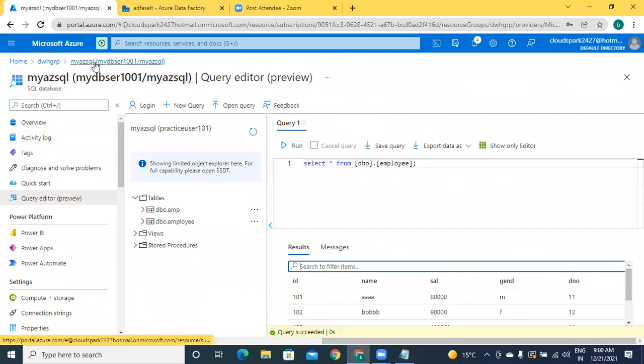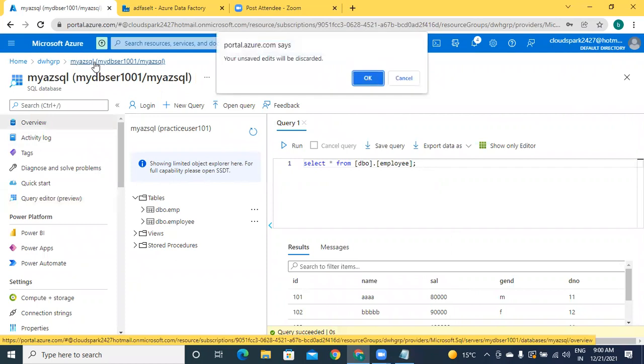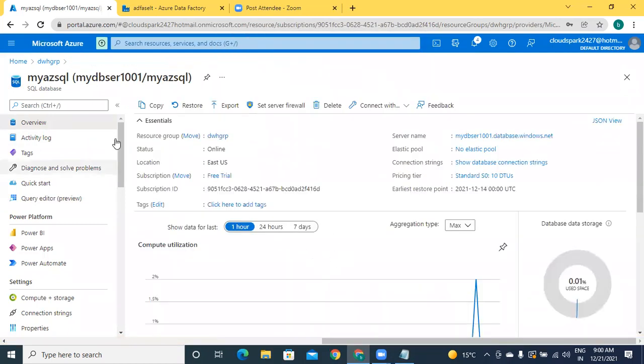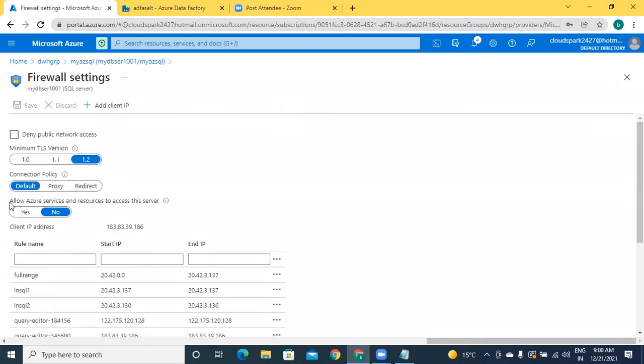Please go back to your database instance. Here, what is that option? Set server firewall. Observe: Allow Azure services and resources to access this server. By default, that is disabled. Enable that.